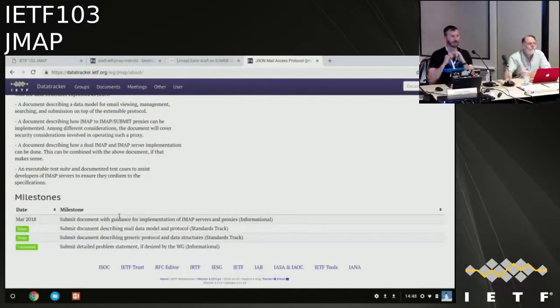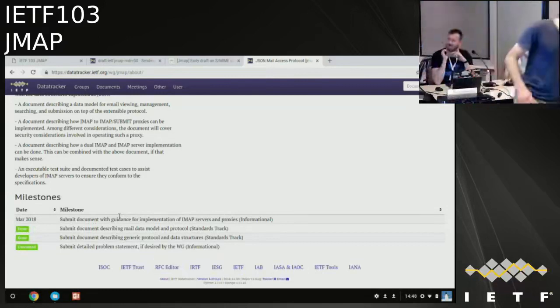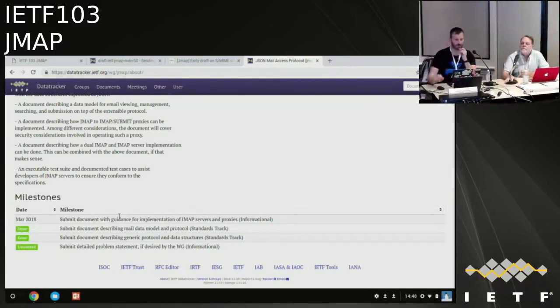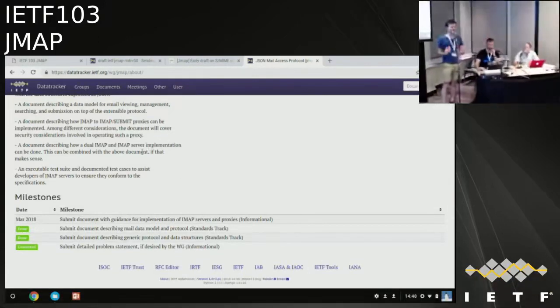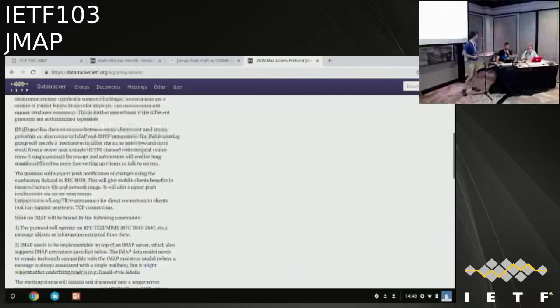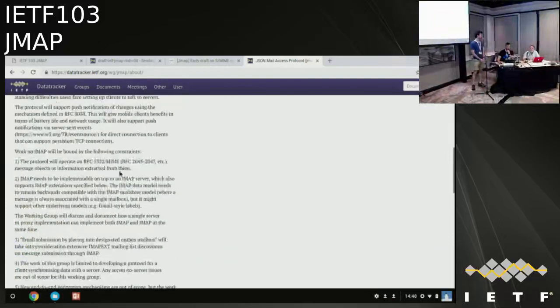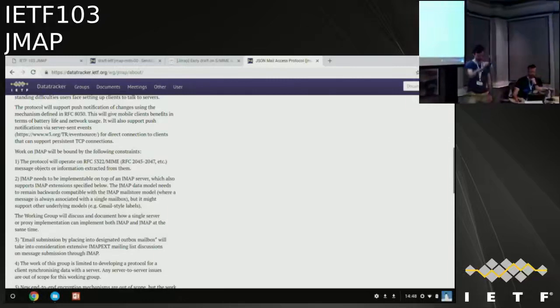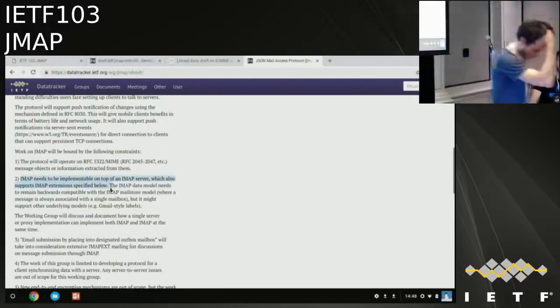I was curious about the title there, saying that it's implementing IMAP servers, and it's like, why is that in our Jmap working group? Yeah, I believe it was meant to be more about translation between IMAP and Jmap rather than implementing IMAP servers itself. The question is whether we want to proceed with that document at this point, or whether we want to proceed with the other technical documents that we're working on. And then the second question is, if we do the latter, do we want to come back to this document or just strike it?